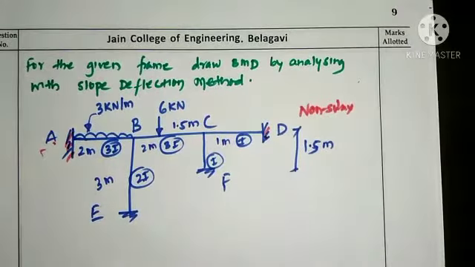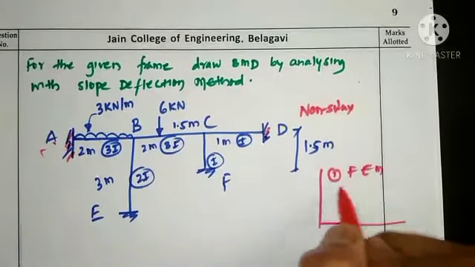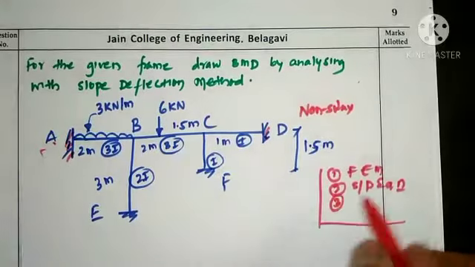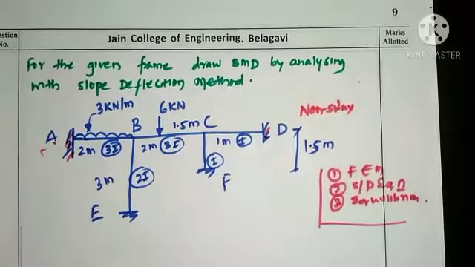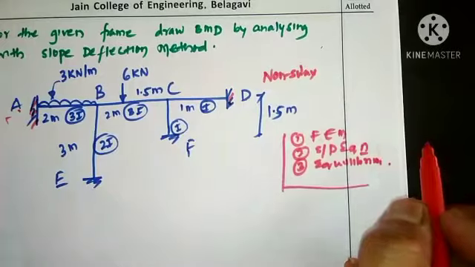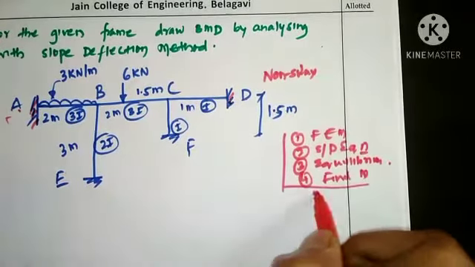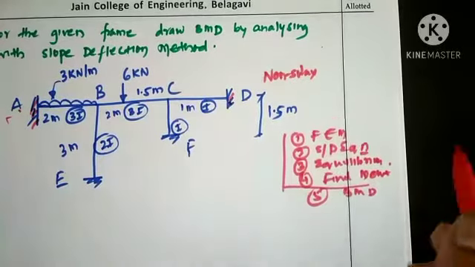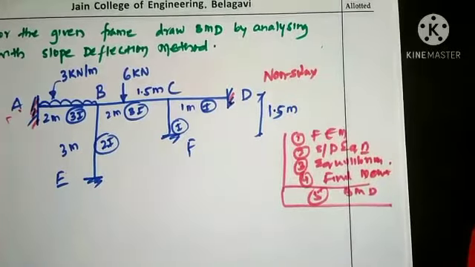So to begin with the procedure, the first step is to find the fixed end moment. The next step is to note down the slope deflection equation. Then note down the equilibrium equations. The equilibrium equations are the equations that will help us determine the unknowns, that is, the slopes. Then with the help of the unknowns we are going to find the final moments, and later draw the bending moment diagram. These are the few steps that have been adopted. Similar steps have also been adopted for beam structures.